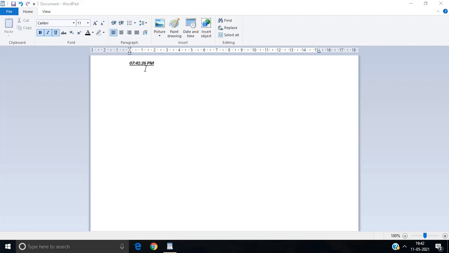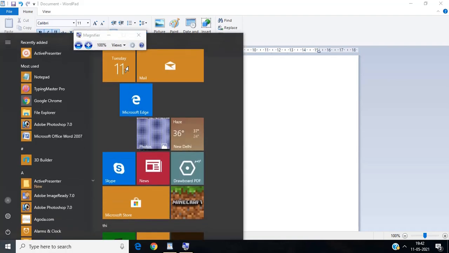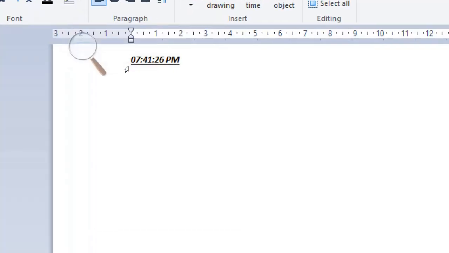And Notepad doesn't support inserting colors here. Okay, sorry, WordPad will support inserting colors for our text. I forgot to show you that. So observe here.